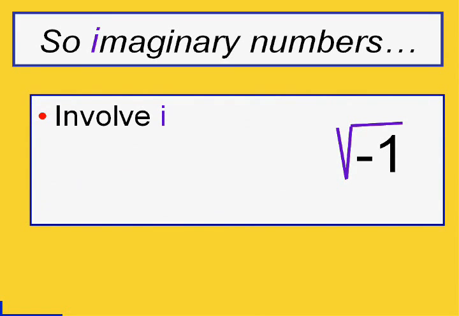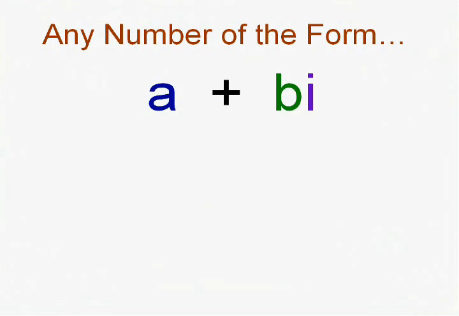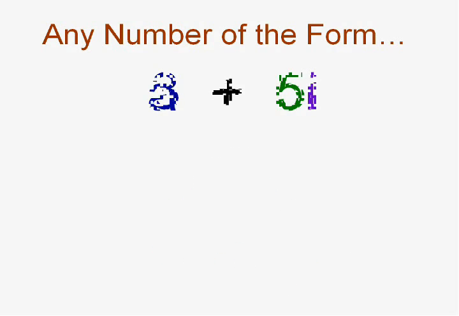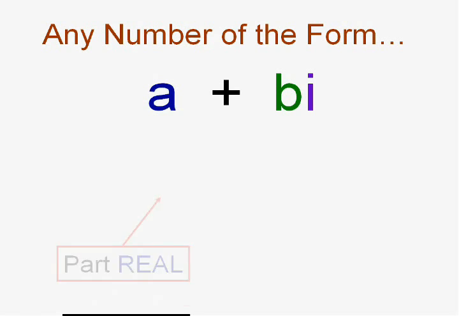So, imaginary numbers involve, of course, what we just told you, i. Fascinating. They're not real. Okay, which means, of course, that they don't actually exist. But they seem to crop up in these equations, as we saw at the beginning. Pay attention, son. This is for your own good. So any number of the form a plus bi, holy alphabet, there's a lot of letters. What I mean is, allow me to demonstrate. 3 plus 5i, or 3 minus 1i, or 3 minus i, of course that's the same as 3 minus 1i,